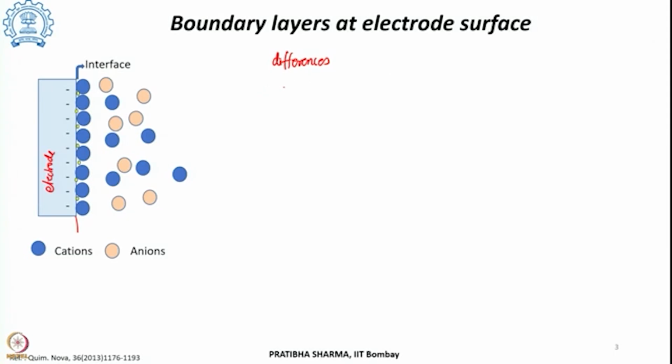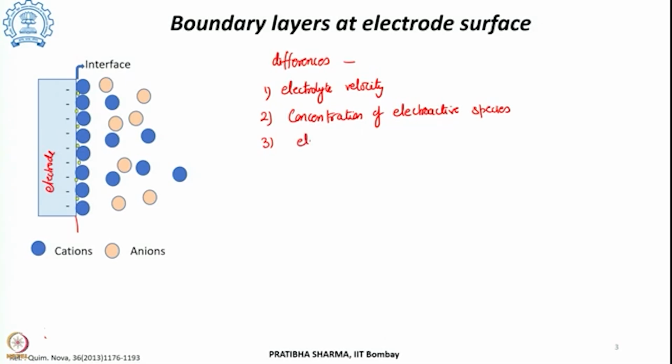There are differences in terms of the electrolyte velocity, there are differences because of the concentration of the electroactive species, and there are differences arising because of the electric potential from the surface of the electrode to a certain distance from the electrode. Each of these differences gives rise to a boundary layer